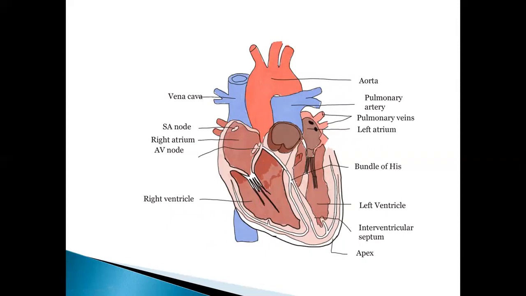Here you can see what I was describing in the previous diagram: the superior and the inferior vena cavas, which will be taking the deoxygenated blood. This is the bicuspid valve, and this is the tricuspid valve, which act as the opening and closure gateway for the blood entering through the vena cavas, the deoxygenated blood in the right ventricle and the oxygenated blood